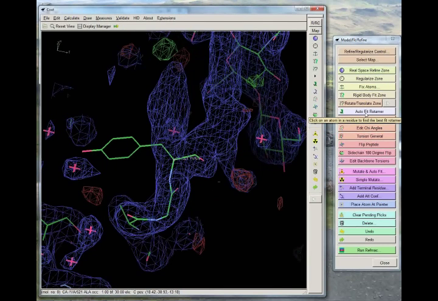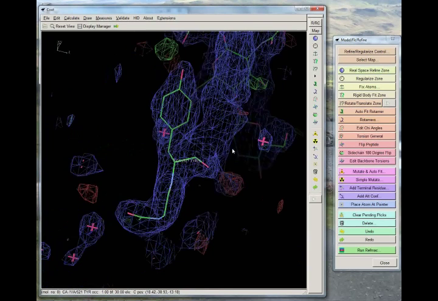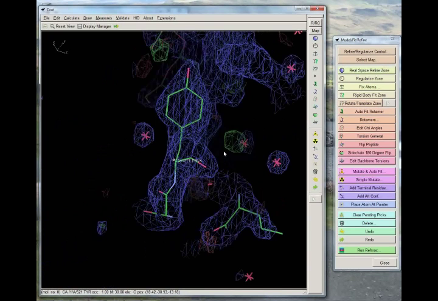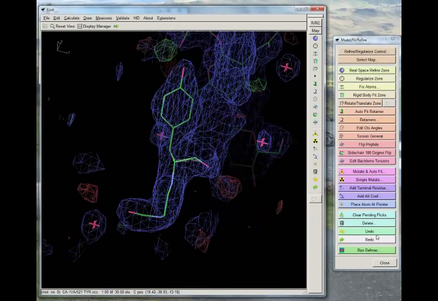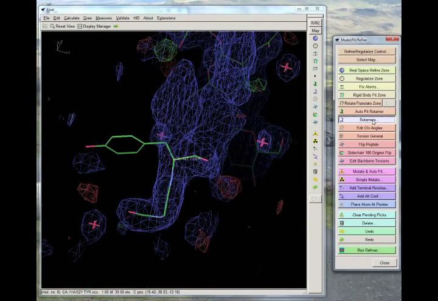One of these is to click auto fit rotamer and click on the tyrosine, and it's put it back where it was before. So this is doing the auto fitting in a separate step that we did originally with the mutate and auto fit. Click undo. Just to show, we can also click rotamers,